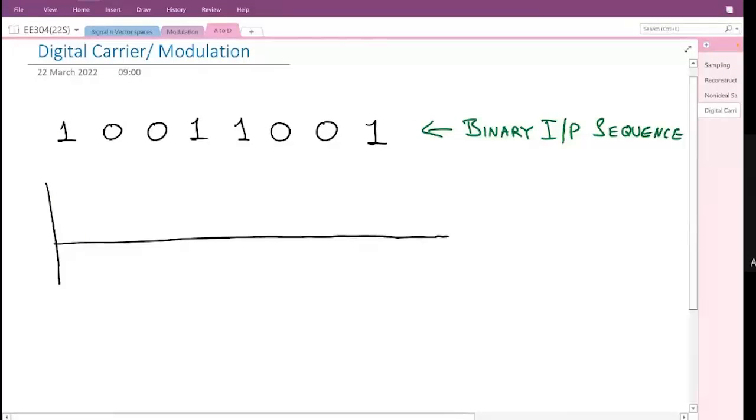in terms of waveforms, what should I say? Let us say that 1 is represented by a positive pulse and 0 is represented by no pulse. So 1 is represented by a positive pulse and 0 by no pulse. If that is the case,